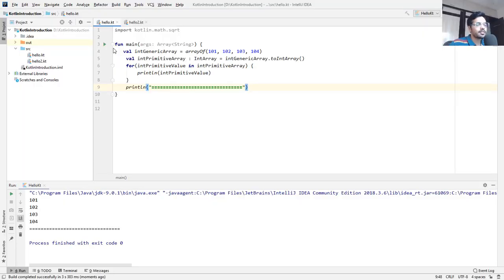So as you can see here, we have successfully converted an array of generic int types to a primitive type using the toIntArray function.